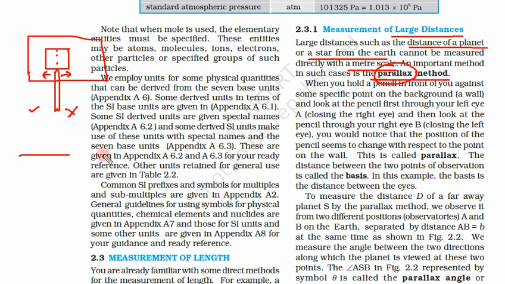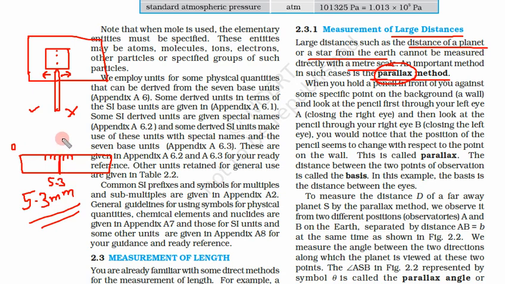Another good example of parallax is, suppose this is a scale, a normal scale with which you draw some lines. Now take a pencil and start drawing a line. On the scale you have these types of markings, centimeter and millimeter. Suppose you want to draw a line of 5.3 millimeter. If you draw this line, you can draw in three ways. Suppose this is the scale, and this is the point up to which you have to draw the line. This is 0, this is 5.3.